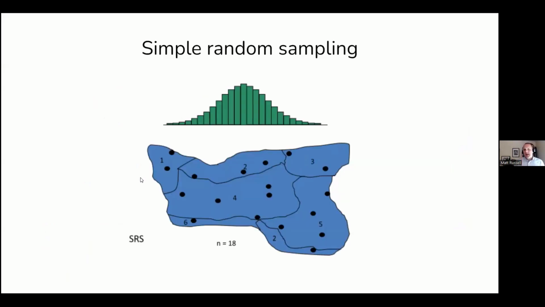So imagine we took 18 sample points in a fixed area design using simple random sampling. This is what we might get. If we look at some attribute, and this could really be anything, but say this is the volume of a forest. Well, we know that we have a distribution. So this plot here in the northwest corner is going to look different than this plot here in the southeast corner. And so we have a distribution of the volumes, in this case, of these plots, doing simple random sampling.